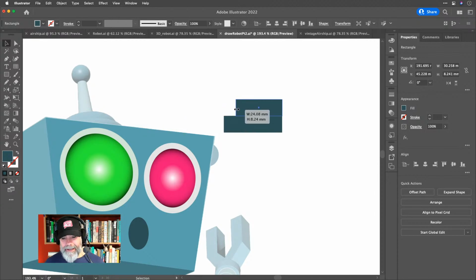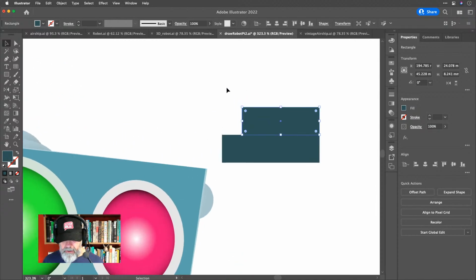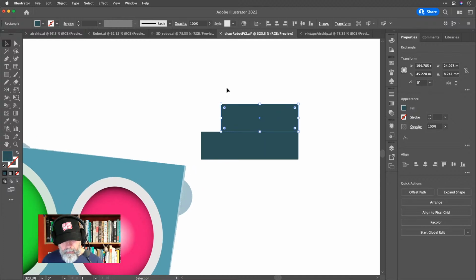Brilliant. Okay, so you can see that I held down the Alt or Option key. We did that before when we were drawing the primitive robot face, just there. Dragged up a copy, used my smart guides. So my smart guides told me when the two things were in alignment. Okay, and then that's good. Right, so now what I'm going to do